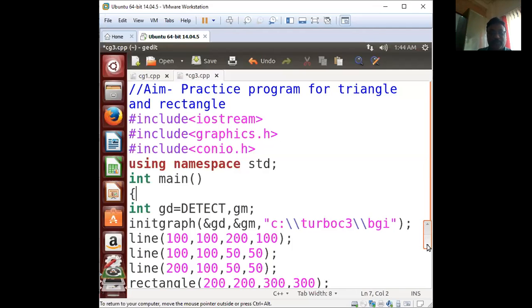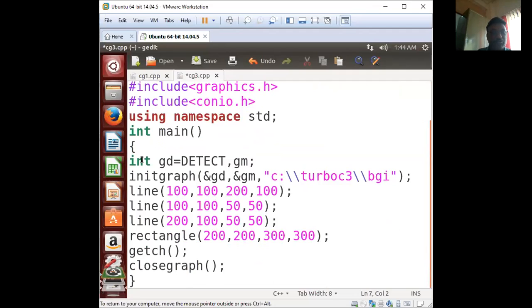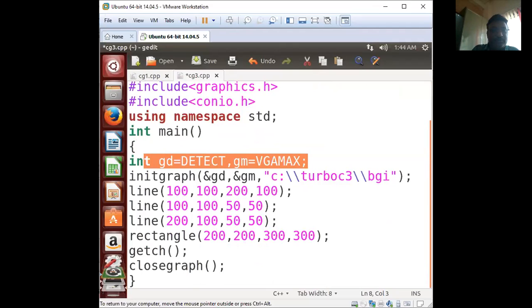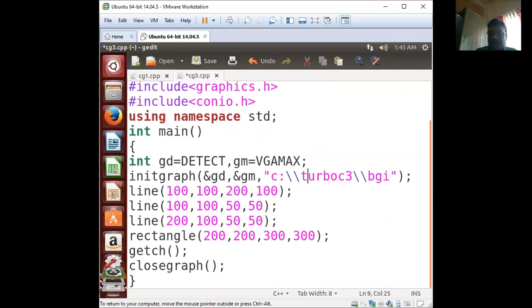After the opening curly bracket, write int gd equal to DETECT, and gm equal to what? VGA MAX. Correct. What is the modification we need here? int gd stands for graphics driver DETECT, comma gm equal to VGAMAX, and again you have to pass them in the function. What is my function?